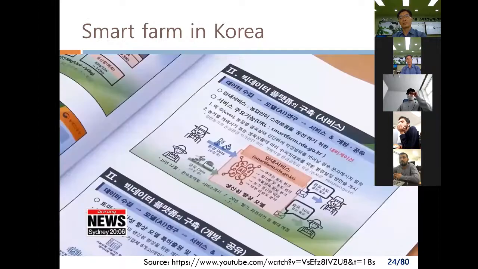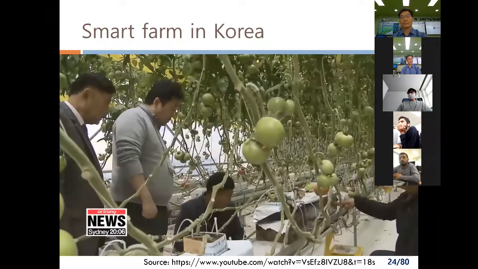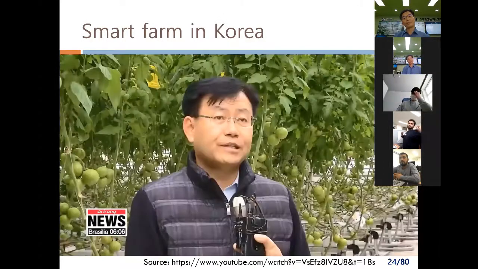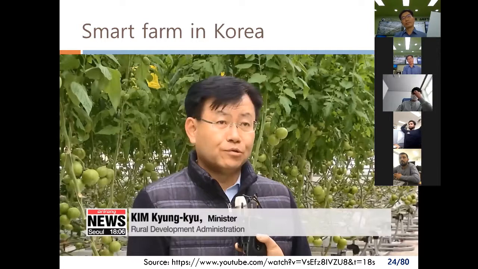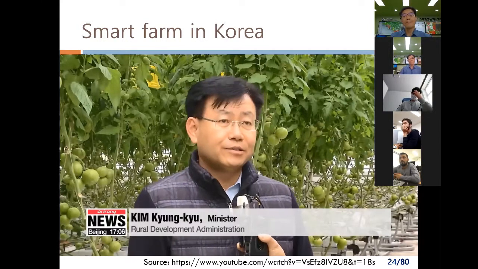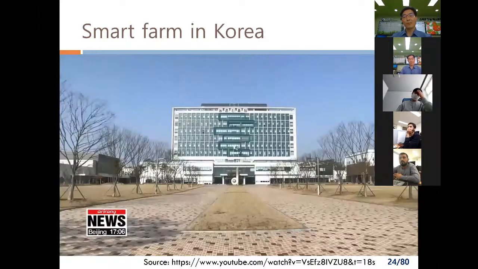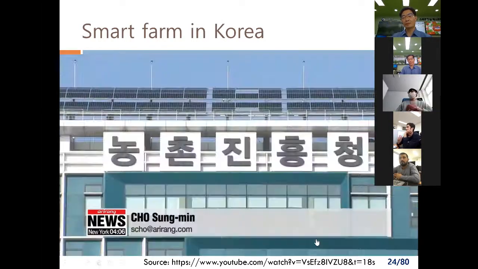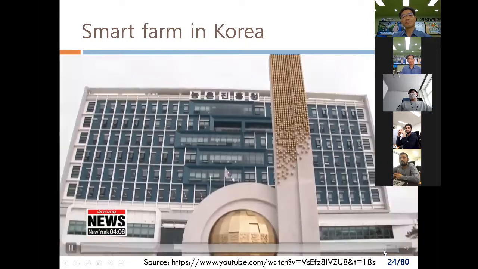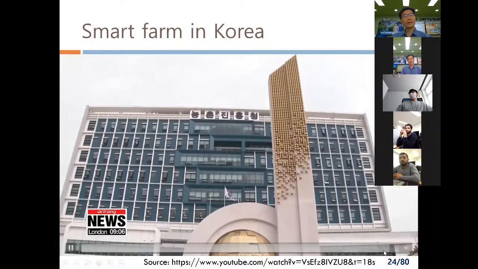Government officials have also highlighted these results and vowed to help more farms install the tech. The farming population is continuing to decline and young people are unwilling to join the industry as farming is very labor intensive and demanding. But the new agricultural sector will be different. The Rural Development Administration says it plans to expand the application of the new AI developments into smart farms for strawberries and bell peppers. Cho Sang-min, Arirang News.